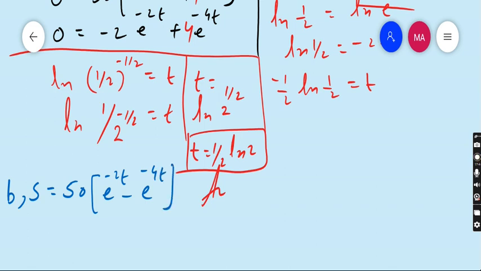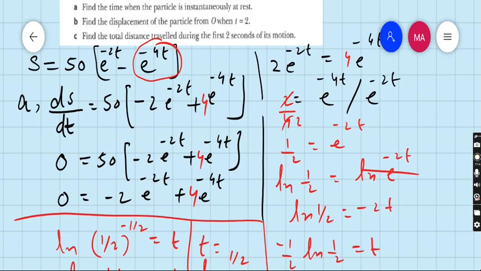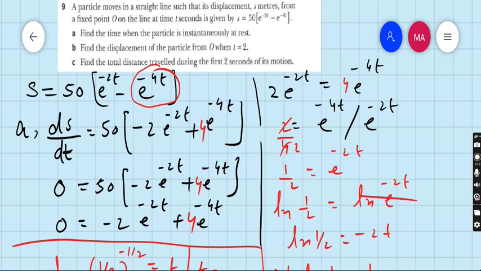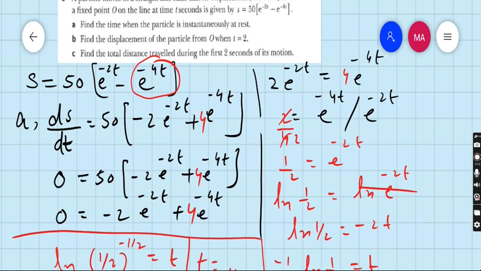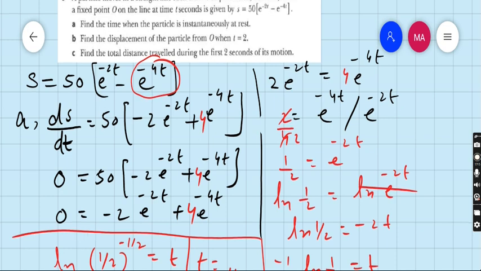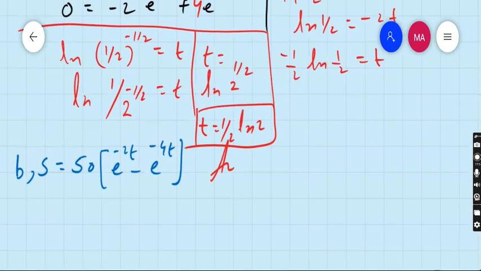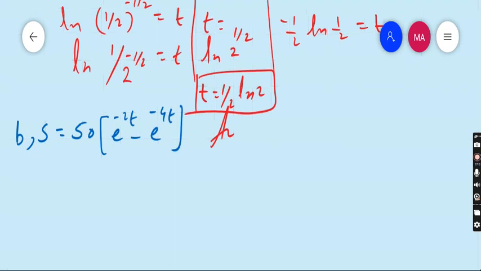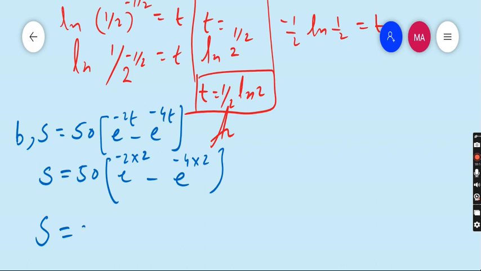You can see again, 50 e power minus 2t minus e power minus 4t. So we have to find the displacement when t is equals to 2. So just put 2 in this equation, you will get the final answer. S is equals to 50 e power minus 2, t is 2, minus e power minus 4, t is 2. S is equals to 50 e power minus 4 minus e power minus 8,